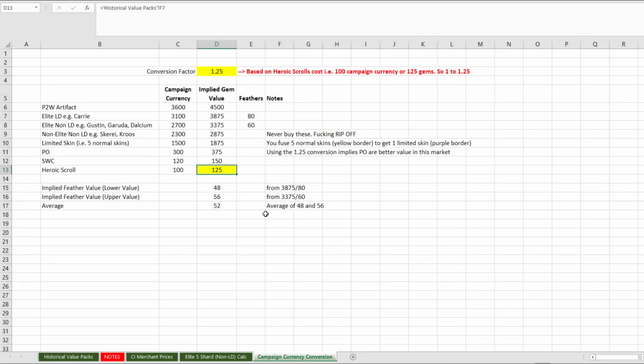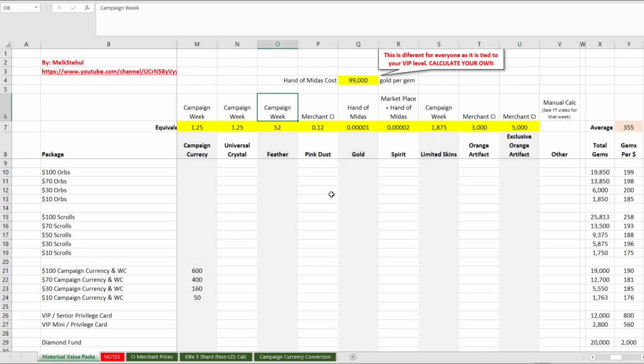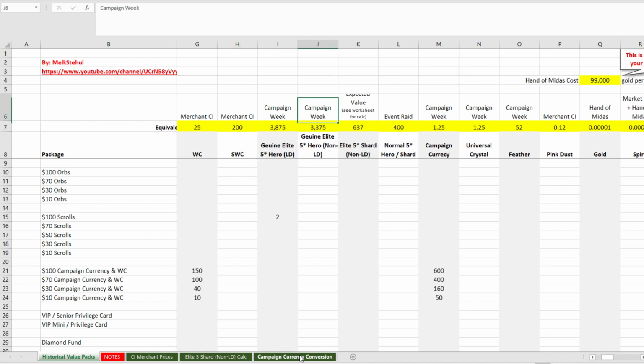So that's how I got a whole stack of values on the historical value packs worksheet. If you don't believe any of these values, be my guest. Change it to whatever you want it to be, especially these ones where the source is campaign week. You might value an elite Russell, an elite